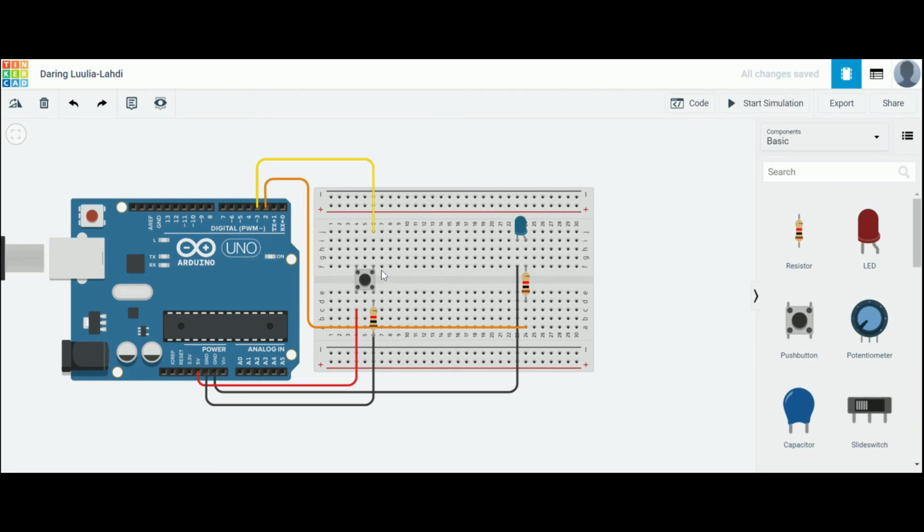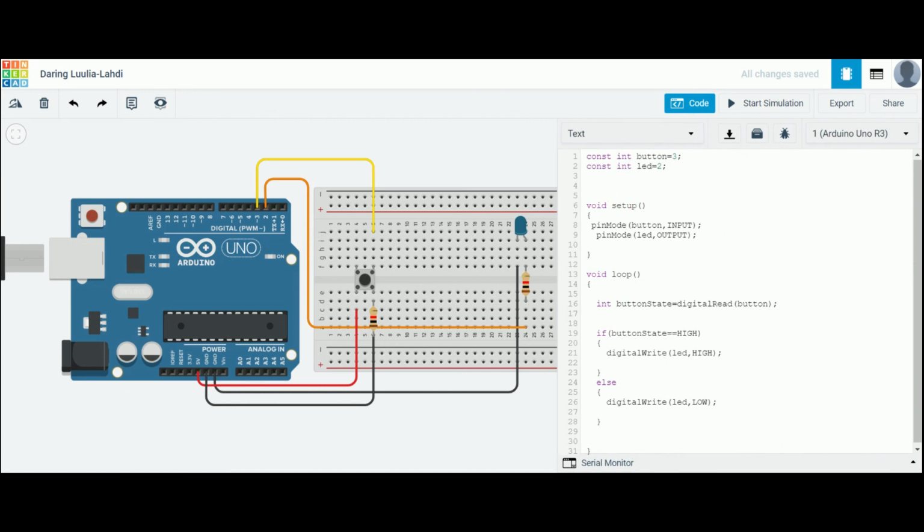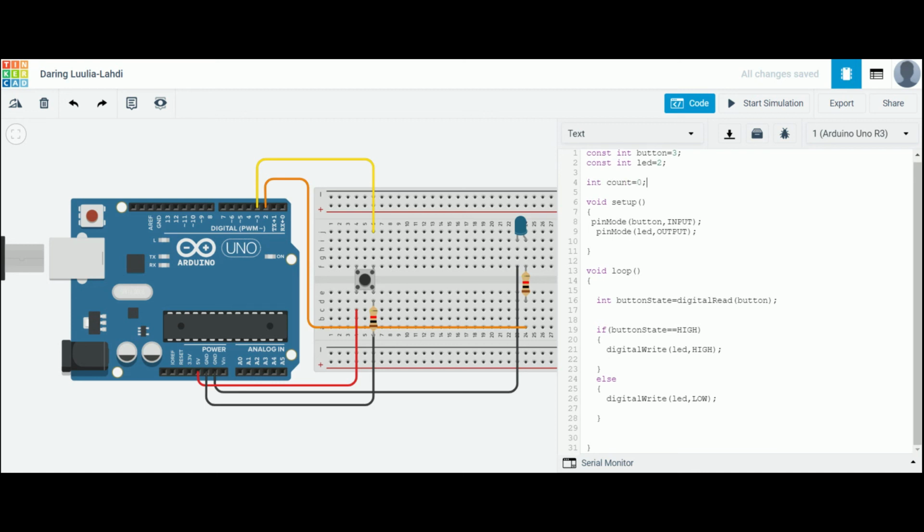Now, we will be turning on and off the LED with the same switch. For this, we just need to define another variable count. At first, assign 0 value to it. In if-else statement, we will check both the values of button as well as count. We will be using AND operation for this.